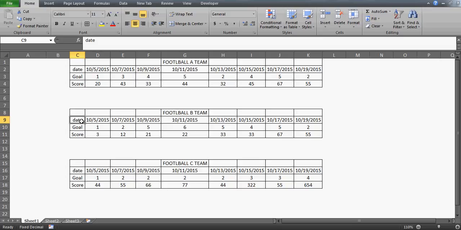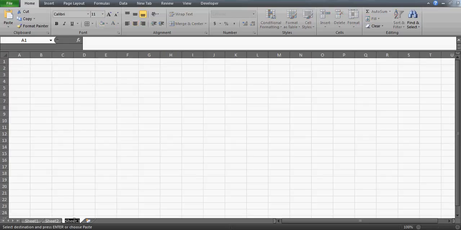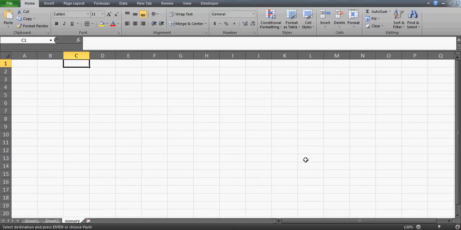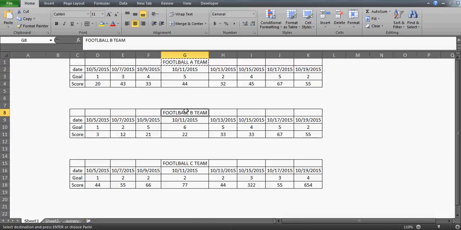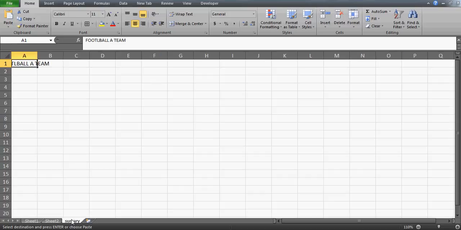So we can do this very easily, and we have to use the INDIRECT formula. We have to use named ranges, and then with the help of that, using HLOOKUP, I guess, because your data is moving horizontally, we can prepare that. So let me quickly go to sheet 3. Maybe we can write here summary, and we need to create a drop down first, as you said, Chris, in your email. So I'm just copying these football teams here,